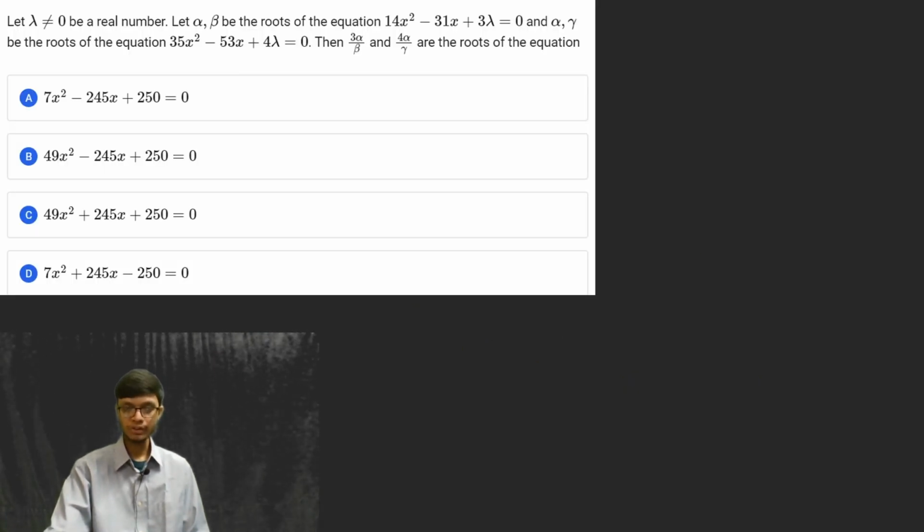All right, so with this, let us move to the last problem of today's session. This is a very important problem, because these types of root forming questions are asked not only in the quadratic equation chapter, but also in upcoming chapters and other important topics of mathematics. So if you look at this particular problem, it is saying that,